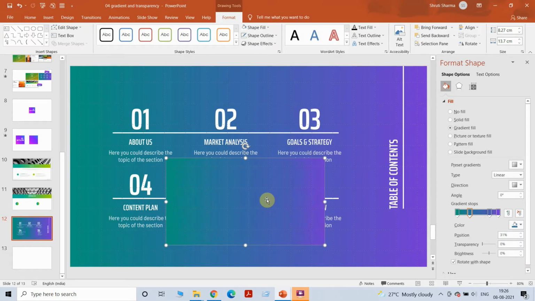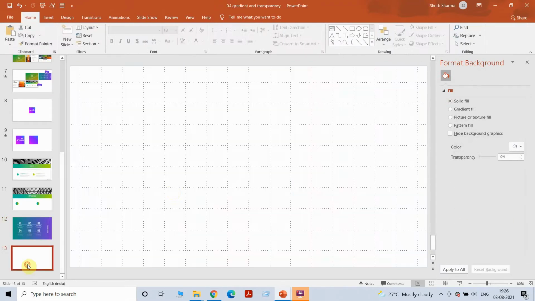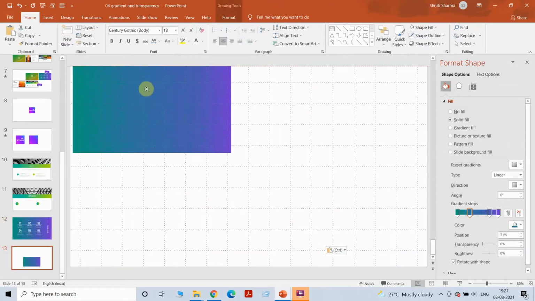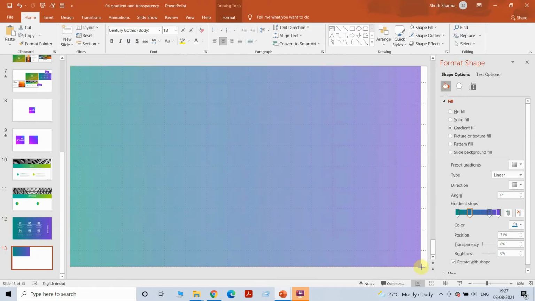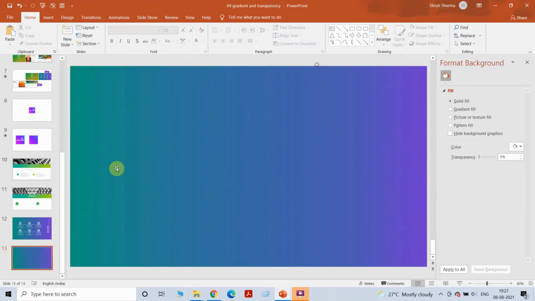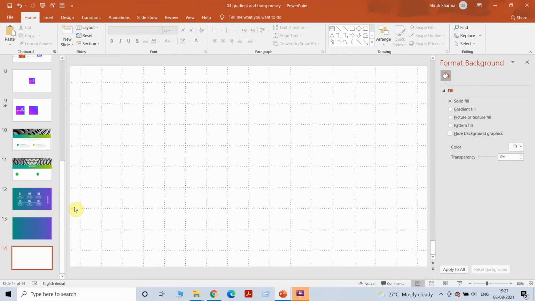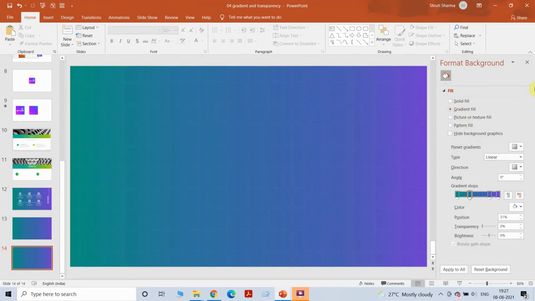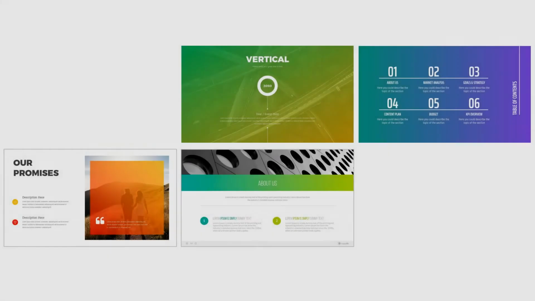You can actually copy it on the next slide, or if you want, you can actually just right click and go to Format Painter and do it. So I'll go to the new slide. You can just go to gradient fill here and create the gradient, but since I've created it already, it's picking the same. So that's how you create gradients, and trust me, gradients are going to uplift the look and feel of your presentation instantly. So now the other 2 slides that you see, I'm going to recreate that in my next tutorial, where we'll work with the transparency and you'll be able to create some really beautiful slides.